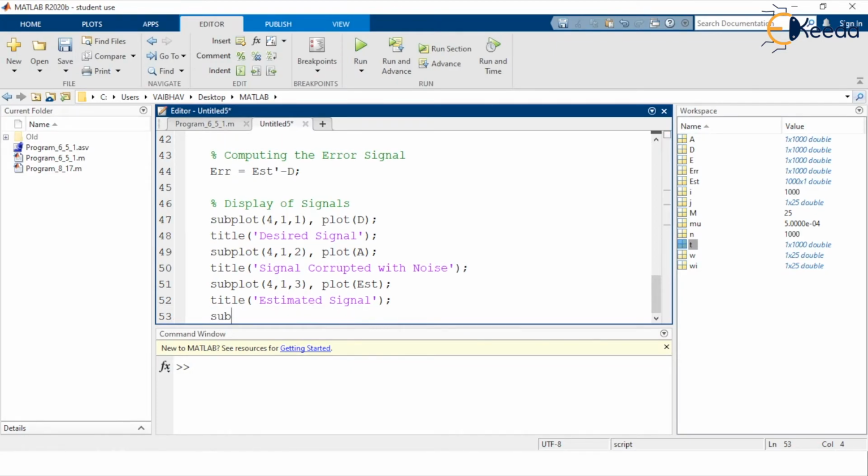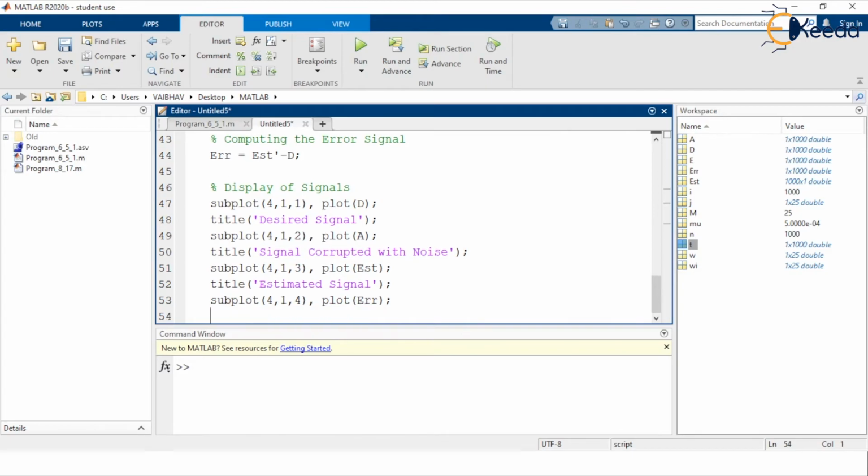So here we write subplot in the bracket 4 comma 1 comma 4, we have the use of plot command, and here it is the last. So this is ERR, the error signal, the difference signal here, and here we have the title. So the title is provided as error signal.